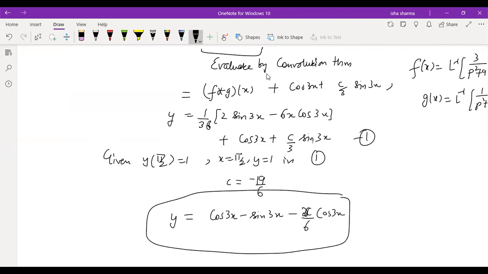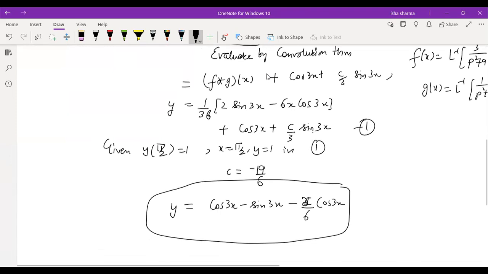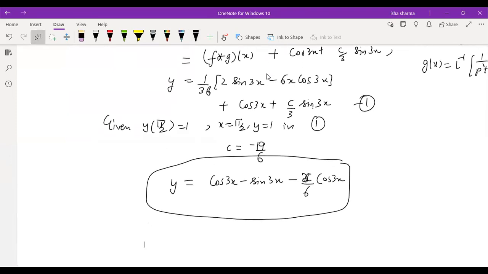So that means it's not like we cannot solve boundary value problems using the similar concept which we apply to solve initial value problems. It is just that we have to wait for the arbitrary constant to be evaluated in the last, right? So that's how it is. So this is all about this question.